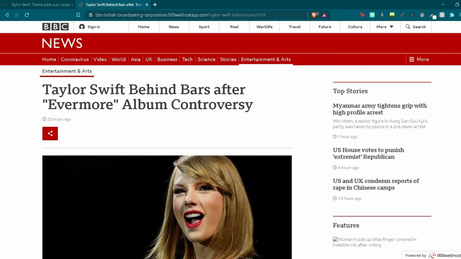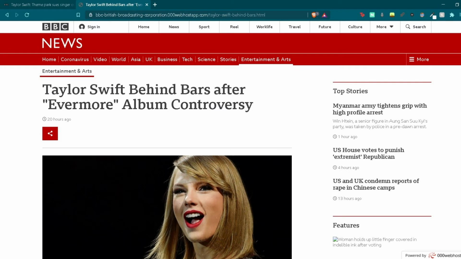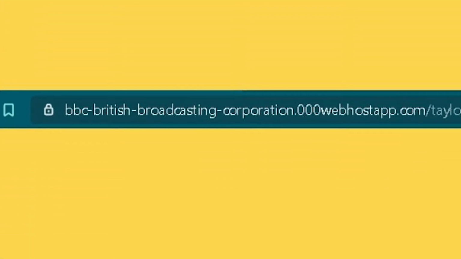I actually managed to make this faux news website by taking this article from the BBC and changing the headline to this, and hosted it on 000webhost. Now, how do we determine if the website is fake or not? Well, the best way to do so is to check the URL. Take a look at the original BBC article versus the false one. As we can see, the URL says bbc.com, while the fake one says BBC British Broadcasting Corporation